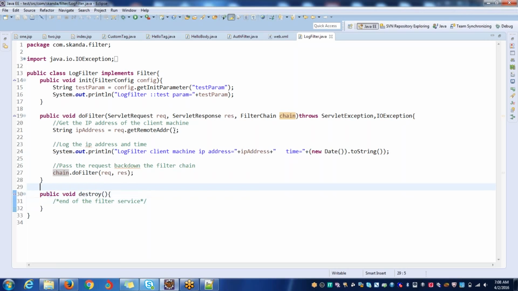And what is the main advantage of filters? Filters are generally used when you want to do some pre-processing. For example, before executing the servlets, I need to do some kind of processing, something to be executed that will be helpful for me. The best example I can give is